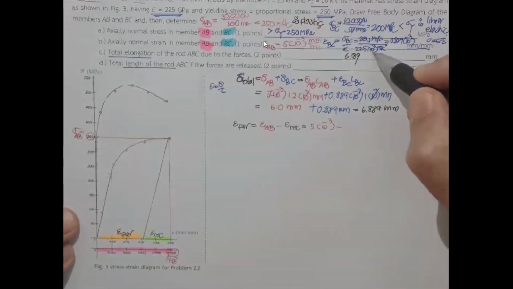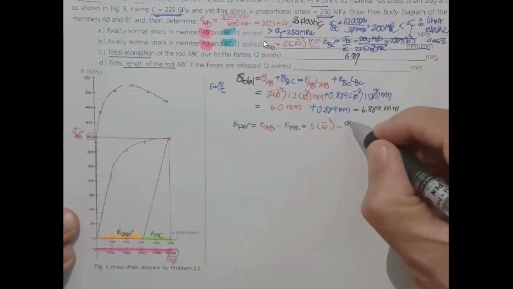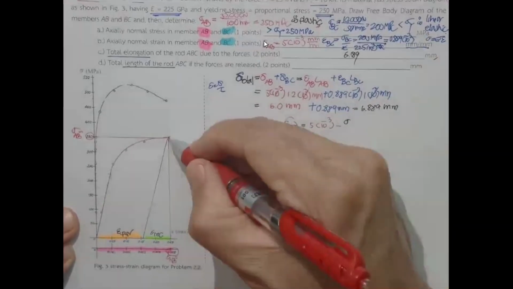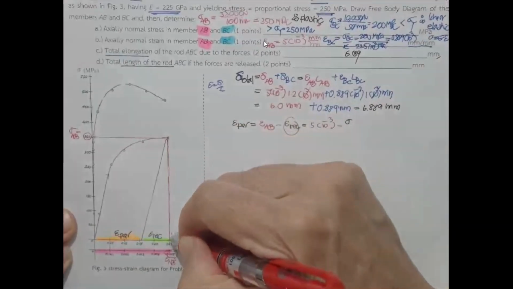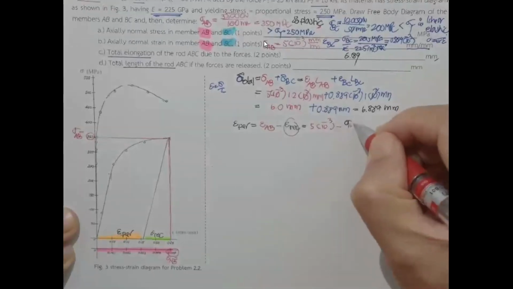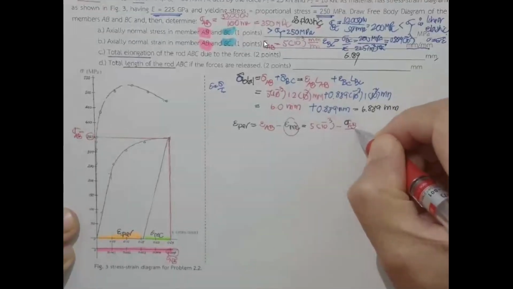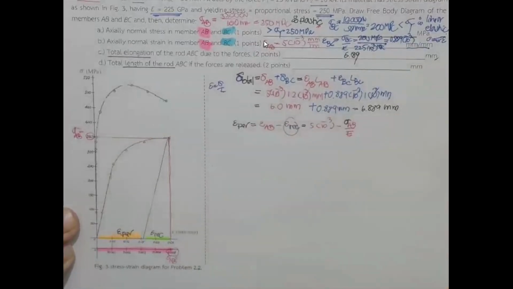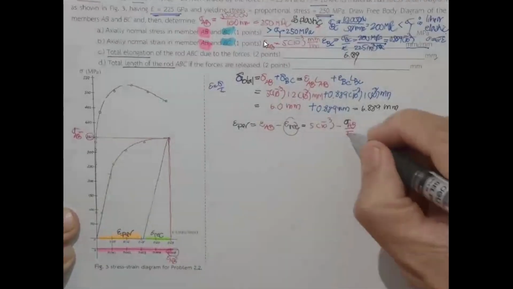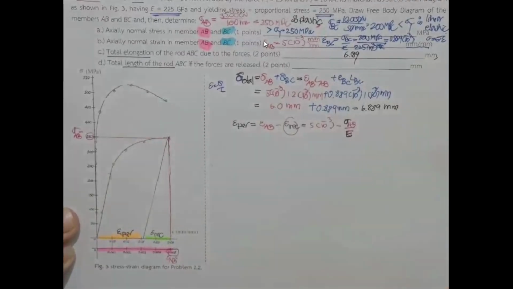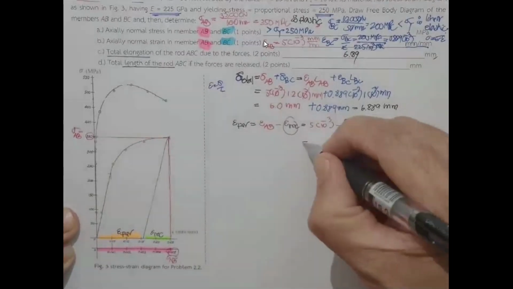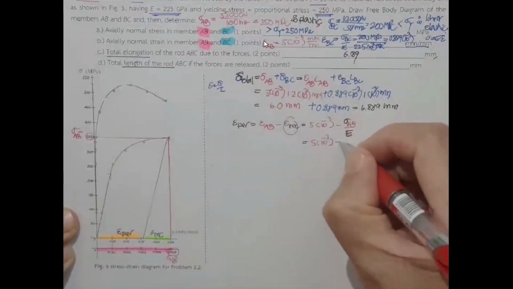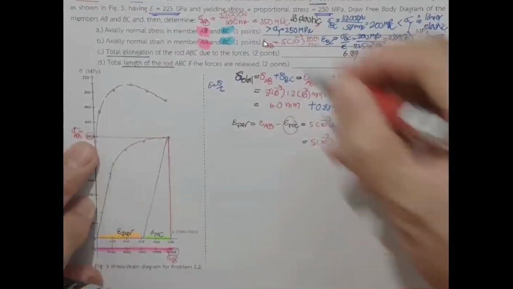Strain recovery is going to be stress sub AB divided by E. So we will put it again. That's going to be equal to 5 times 10 to the minus 3 minus sigma sub AB over here